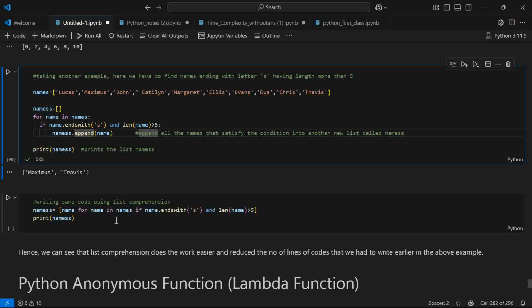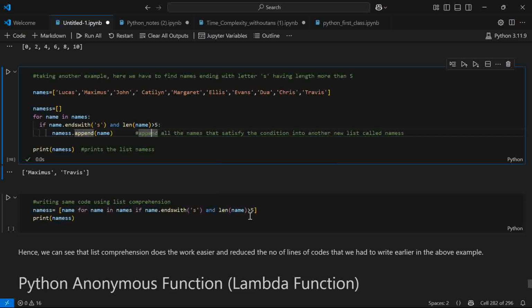So again, I am taking a variable names, and I have created a list bracket, and now I will write our expression. I will take a temporary variable that will iterate over names. So name, for name in names, if name.endswith s and length of name